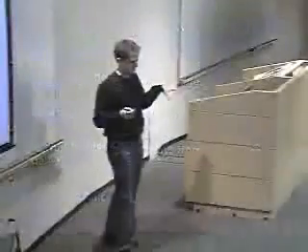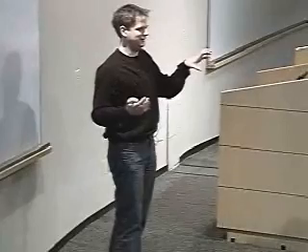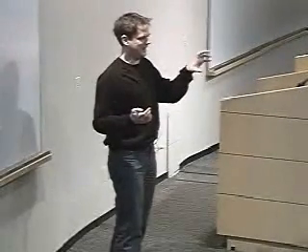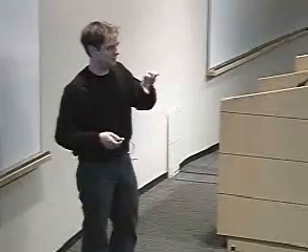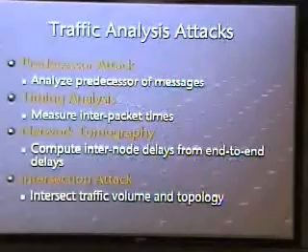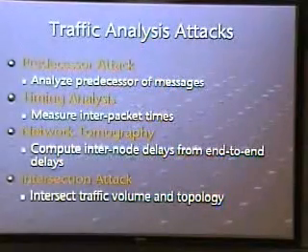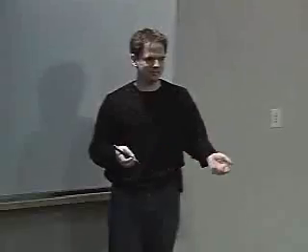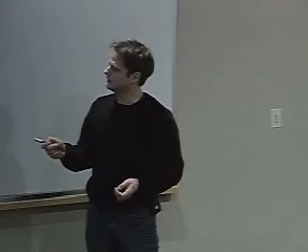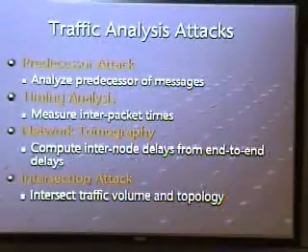And so the whole idea is that the sender is always in the path between the sender and the receiver, but all the other nodes don't have such a high probability of being in the path. So just by analyzing the predecessor of the message, you can deduce that somebody must be the sender. The second one would be the timing analysis. So two different nodes measure inter-packet times, and they can conclude whether they're on the same path with some probability. The third is basically network tomography.